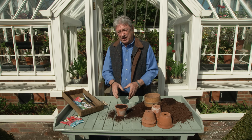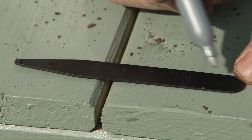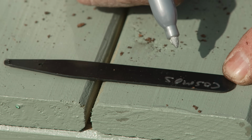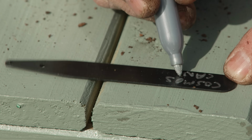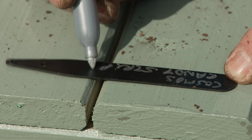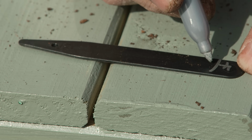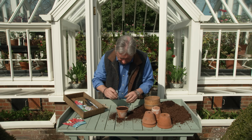Now you might think you'll remember what you've sown. You won't. You need to label it. You can use white labels with a soft pencil. I prefer to use black labels and a silver marker. And this is Cosmos Candy Stripe. And then on the back, 4th of April, just to show when it went in. Stick the label in the pot,